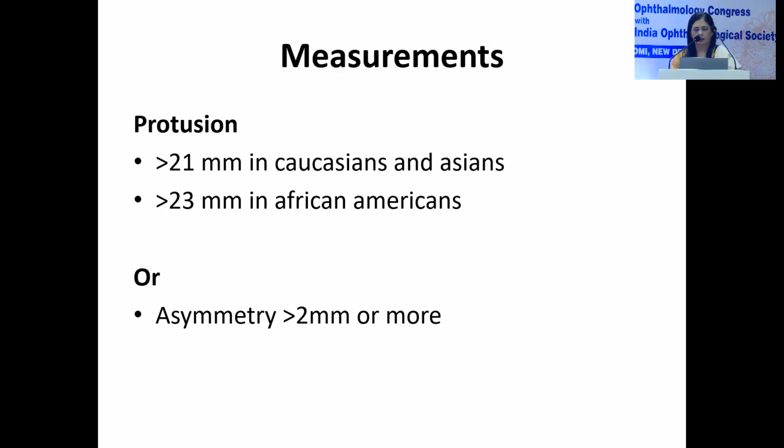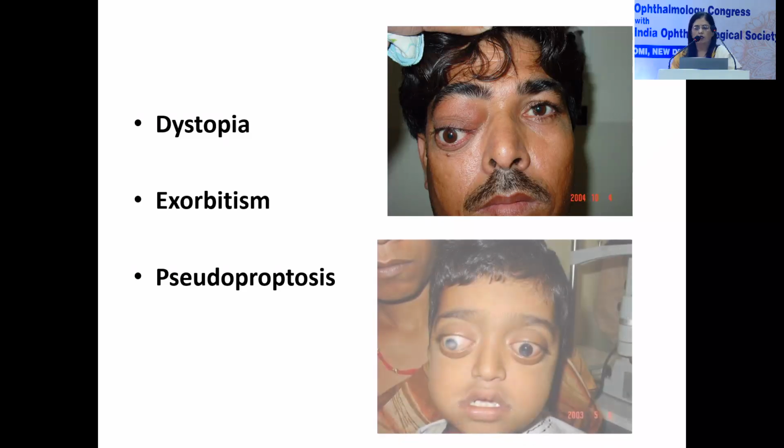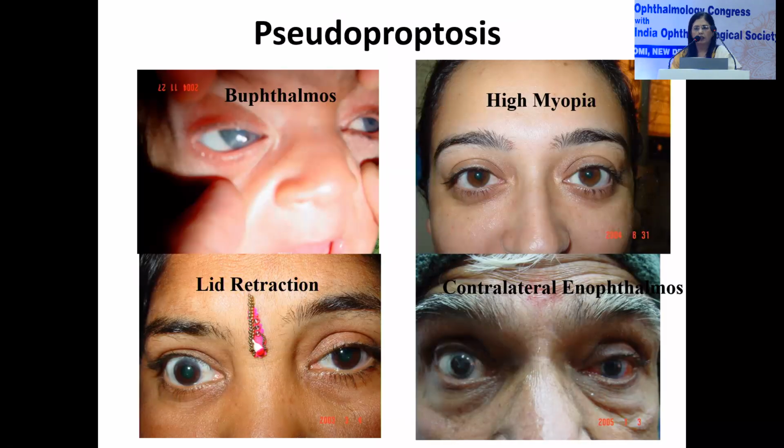Some of the other terminologies which one should be aware of are dystopia, which is a displacement of the eyeball in the coronal plane due to an extraconal mass, and exorbitism, which is used when there is a shallow orbit or reduced orbital cavity. And pseudoproptosis mimics proptosis. There is no forward bulging, and it's seen in conditions like buphthalmos, high myopia, retraction of the lid, and